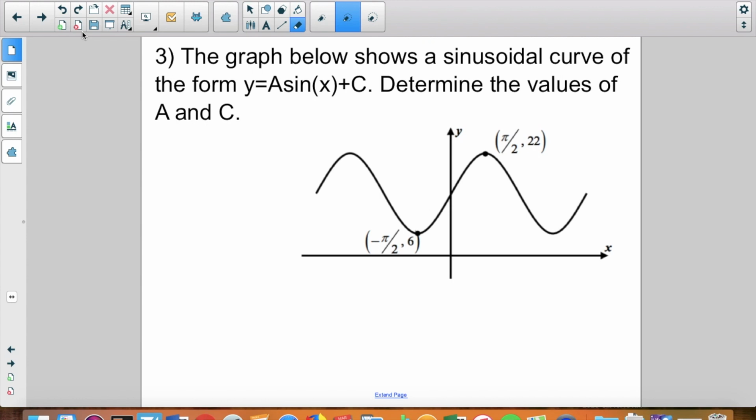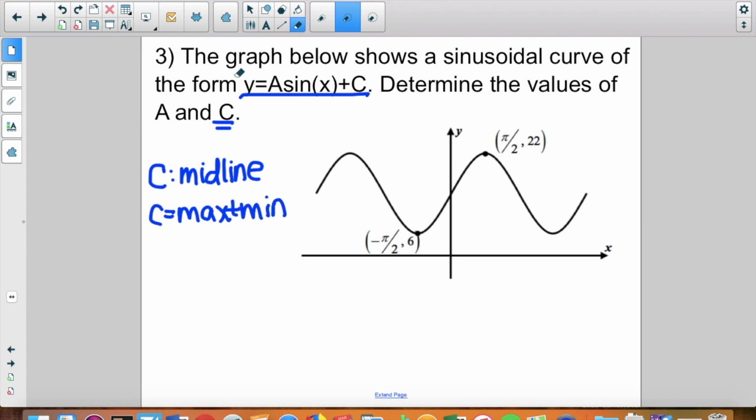Okay, let's look at another one. It says the graph below shows a sinusoidal curve of the form y equals a sine x plus c. Determine the values of a and c. So we need to figure out the amplitude and we need to figure out the midline. Now, remember, to find the midline, so to find c, so c is the midline, you take your max plus your min,